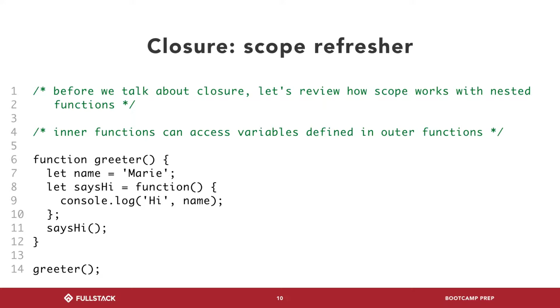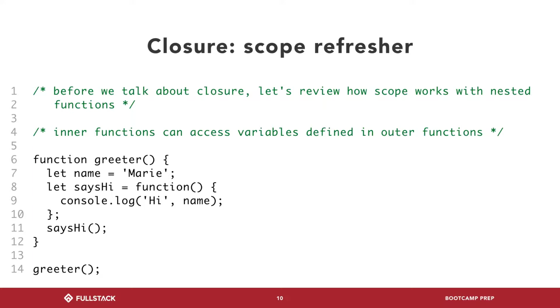That's okay. Scope is defined based on where you're created, not where you are used. Okay? So when we look at this greeter function here, it has a variable called name, and a variable called say hi, which is a function that logs out hi, comma, name. And so when we run say hi, it's going to say, okay, this wants me to not return anything, right? It just wants me to console log out hi plus name. Okay, within the confines of this function, is there a name variable? And the answer is no, right? This function is between lines 8 and 10, and within lines 8 and 10, we never create a name variable